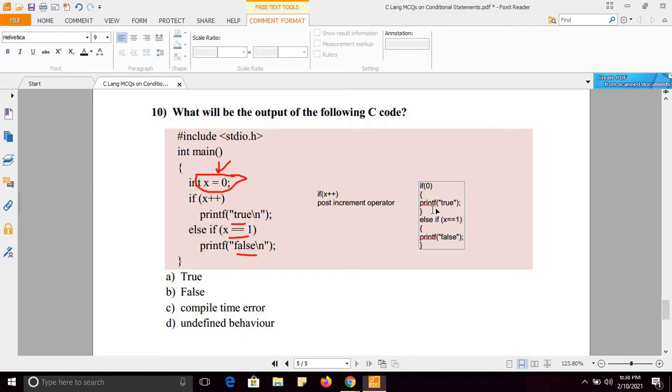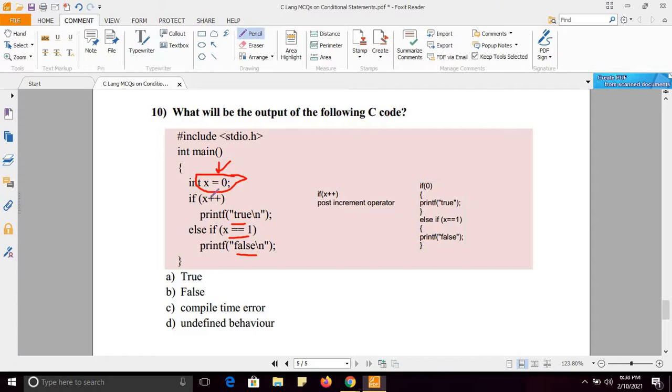Now see carefully, the value of x is 0 and here only 0 will be checked, and 0 is a false statement. False statement means the if part will not be executed. Now the value of x will be checked. What is the value of x after this statement? X plus plus.